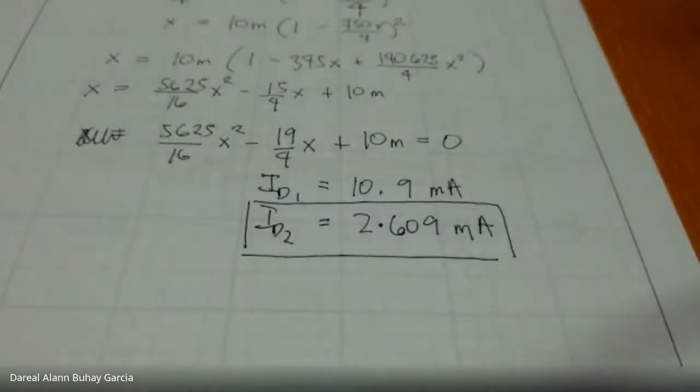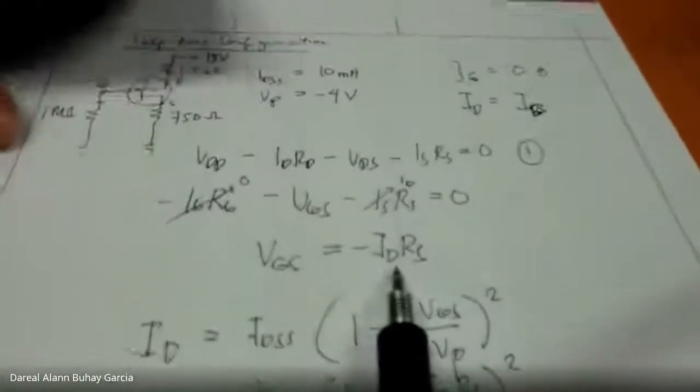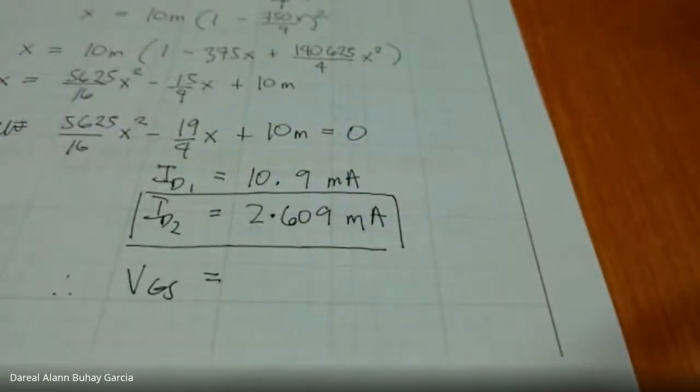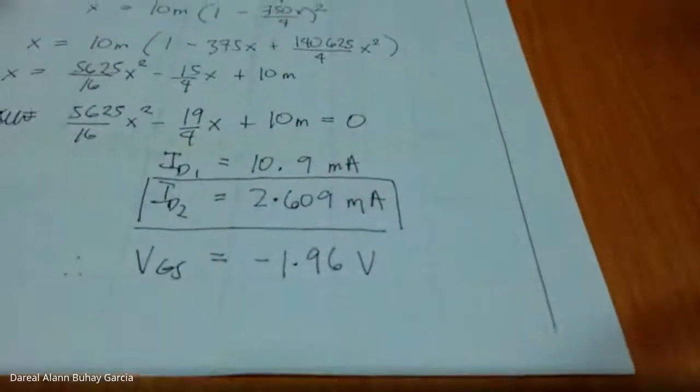That's our ID. If ID is 2.61 milli, then VGS is IDRS. Multiply lang ni og 750. 2.609 milli times 750 is about 1.96. So, negative 1.96 volts. So, mga itong VGS. Kung i-substitute nyo dito sa equation number 1,